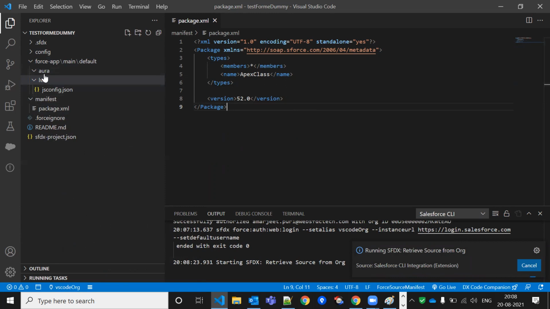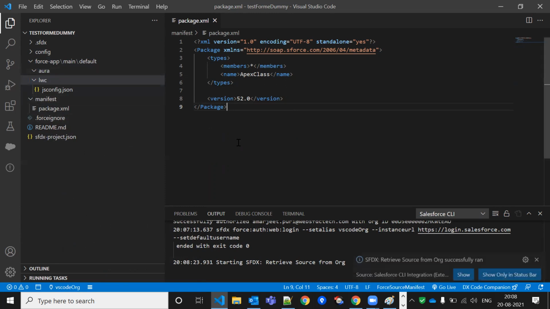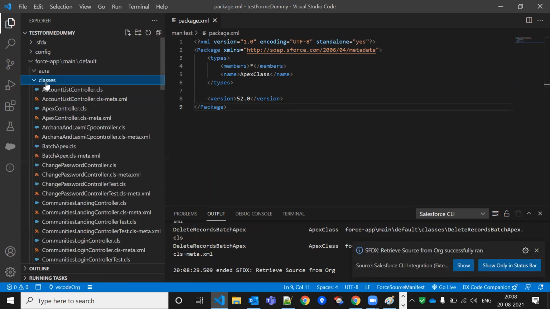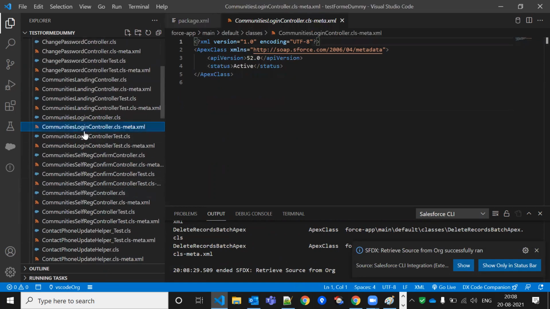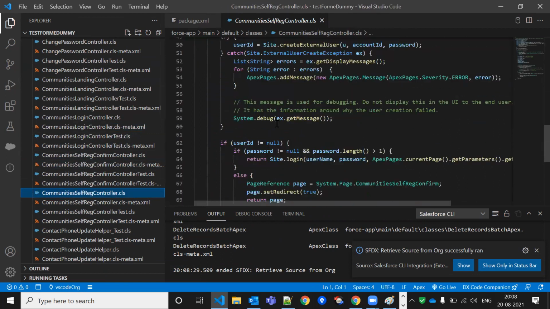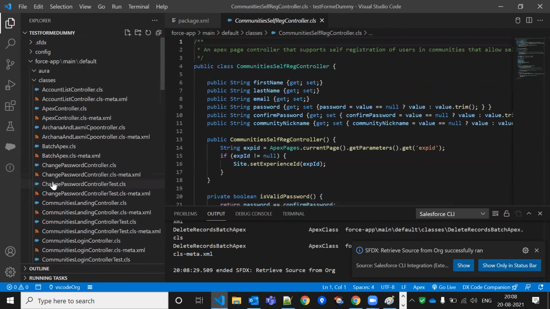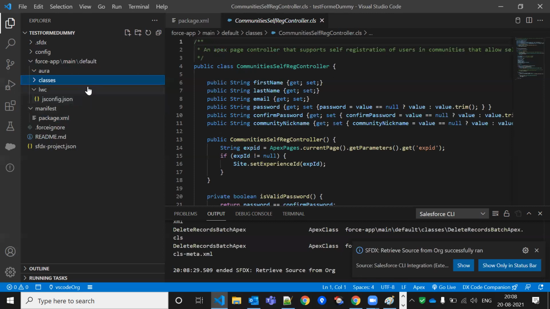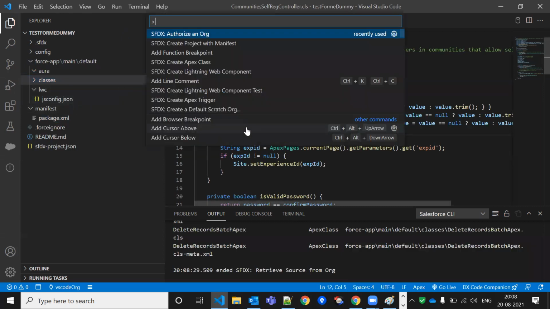After that, it will add the Apex classes here. After retrieval, all of these are my classes now. You can see this is my code, meaning Apex class coding and everything. I retrieved the things. After retrieving, if I want to deploy, suppose I authorize again with